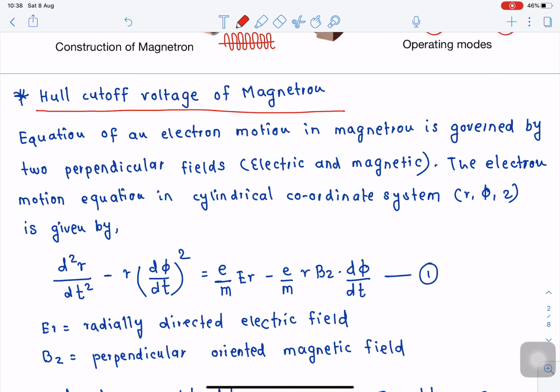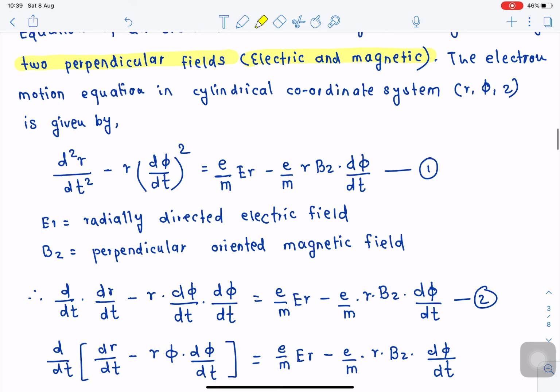The equation of the electron motion in the magnetron is governed by two perpendicular fields. This is very important. We have two perpendicular fields, electric field and magnetic field. As the shape of this magnetron tube is a cylinder, we will make use of the cylindrical coordinate system for analysis, taking r, phi, z as the coordinates. Okay, so here equation number 1,